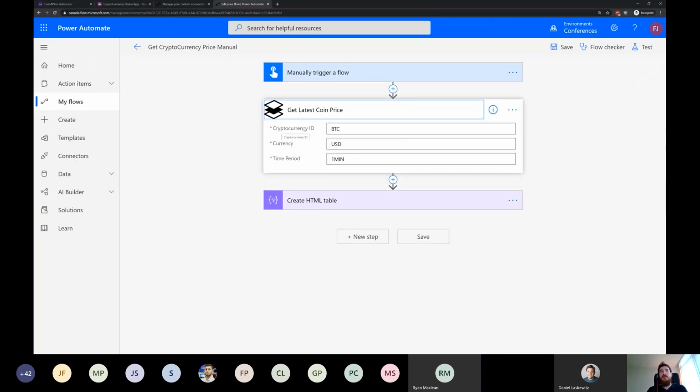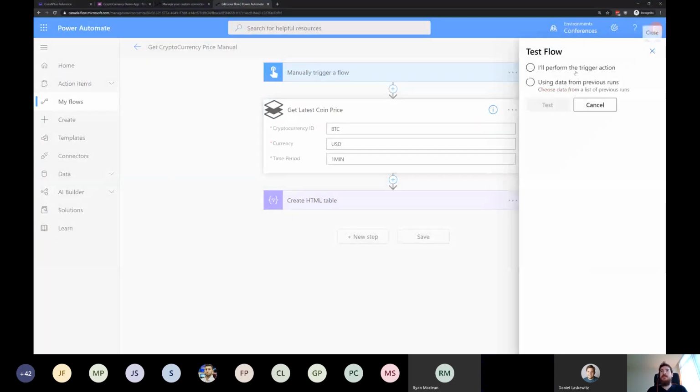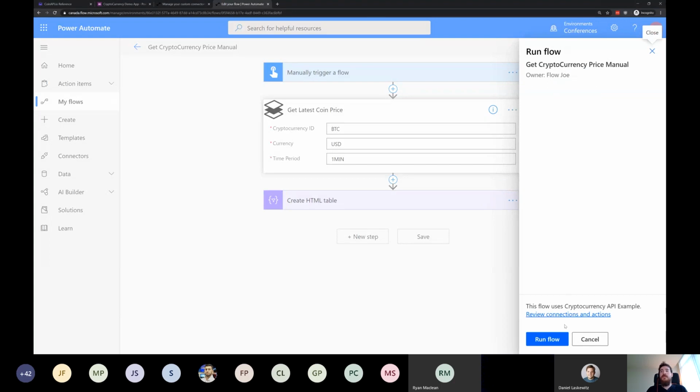Once I select that, it will be added, and I'll have my parameters that I can pass through. So I can pass in Bitcoin, BTC at the moment, the currency that I want to use, which is US dollars, and then a time period of within the last minute. I want to know how much Bitcoin costs in US dollars and how many trades there've been. And then I generate an HTML table. So if I just quickly test this and run the flow,